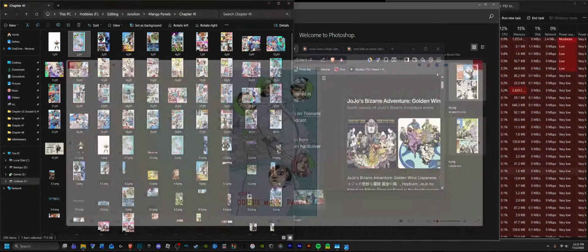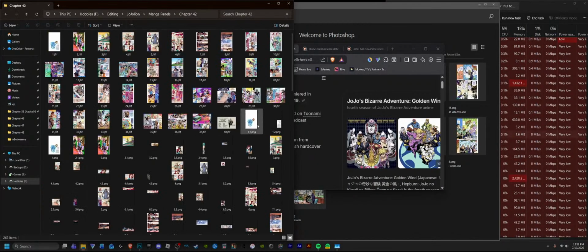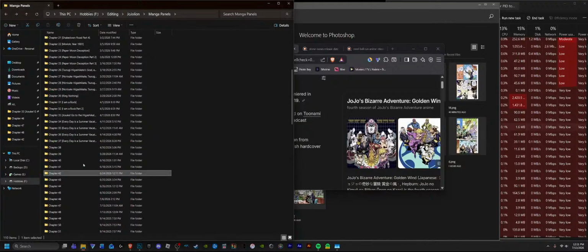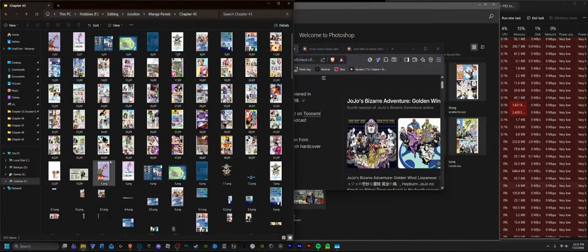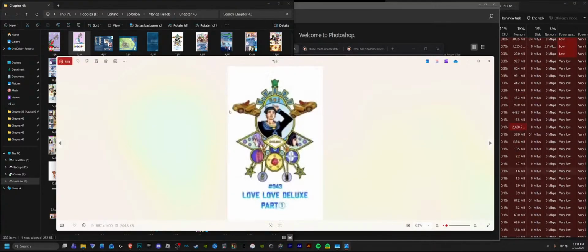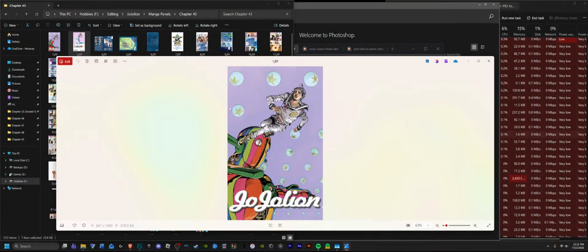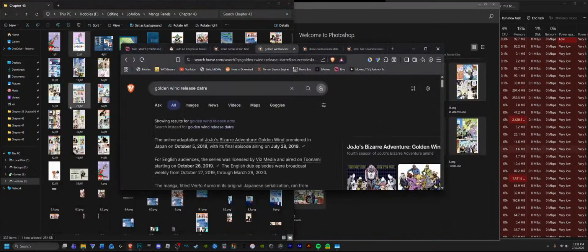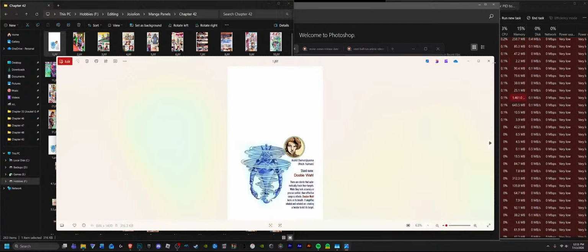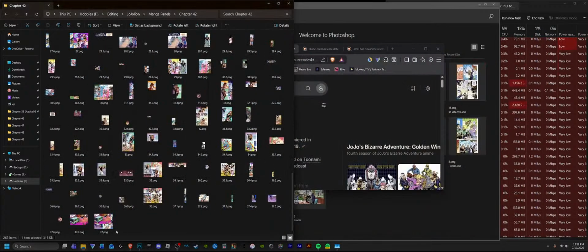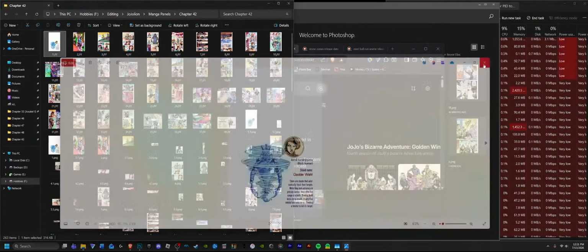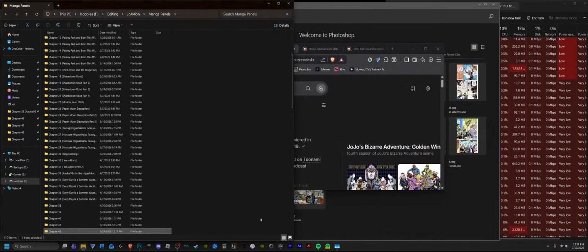So that should be near the vitamin C arc. This is kind of a spoiler for anyone. I hope I'm not spoiling this. So if I can get to the end of chapter 42 by 2028, I could probably